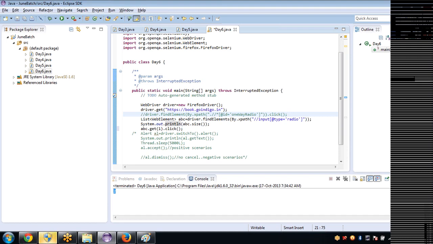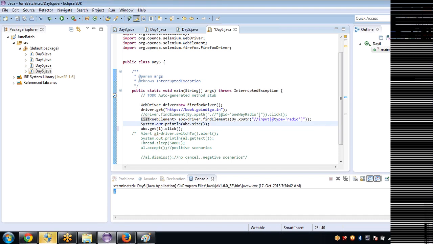Then how will you identify the third radio button out of 4 on the page? This is the question, and the answer is these 3 lines. I will hit the find elements method and take the common property into the list, and traverse the list with the help of the get method by giving an index. If I want to click on the 4th one, then get of 3, because the first one will be at the 0th index, right?